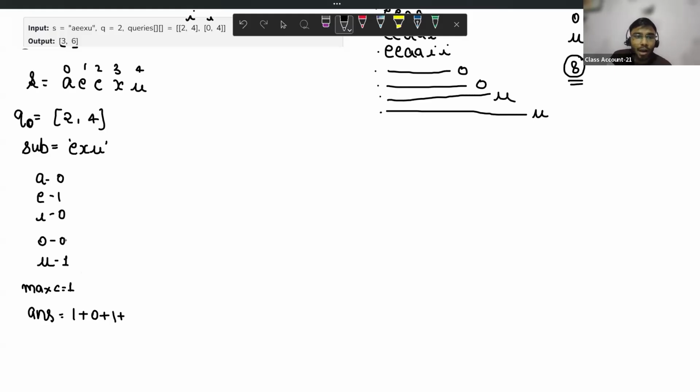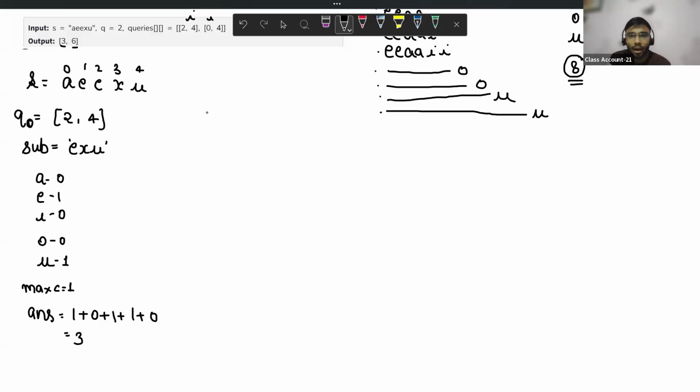The count of O is 0, but I need one count of O, so let's add 1. And I have one count of U, but I need the maximum count of U, 1. So 1 minus 1 is 0. That is how my answer for the first query is 3.